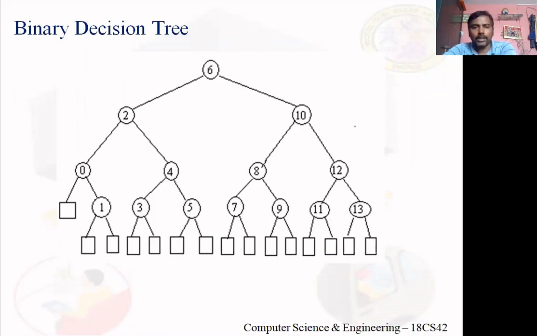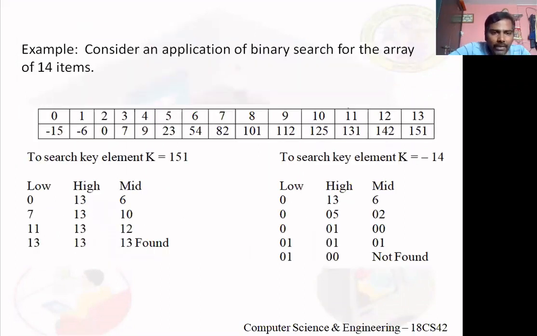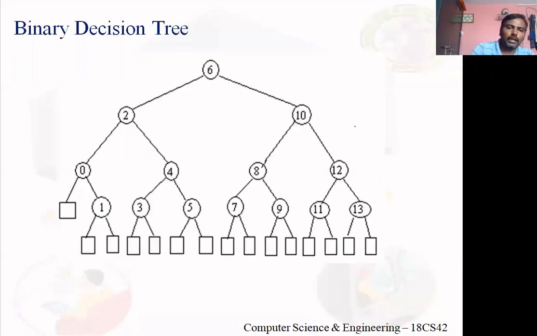Suppose I want to locate the element 7, which is at index 3. It is at index 3, right? So from 6, I need to come to 2, then 4, then 3. So 4 comparisons. Clear? So next,